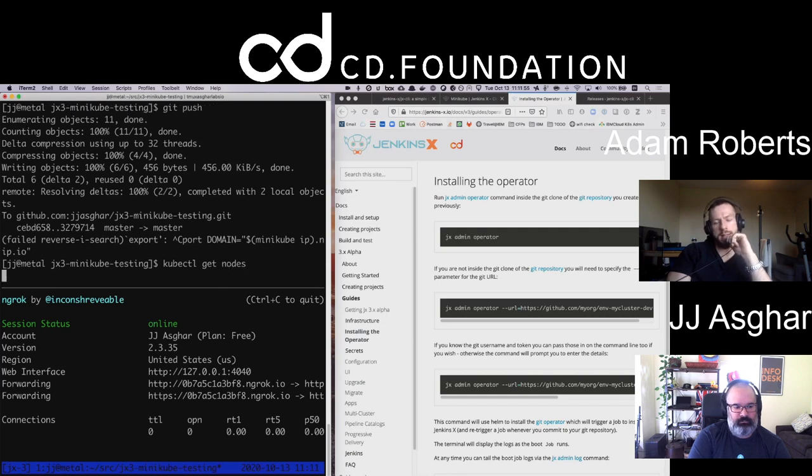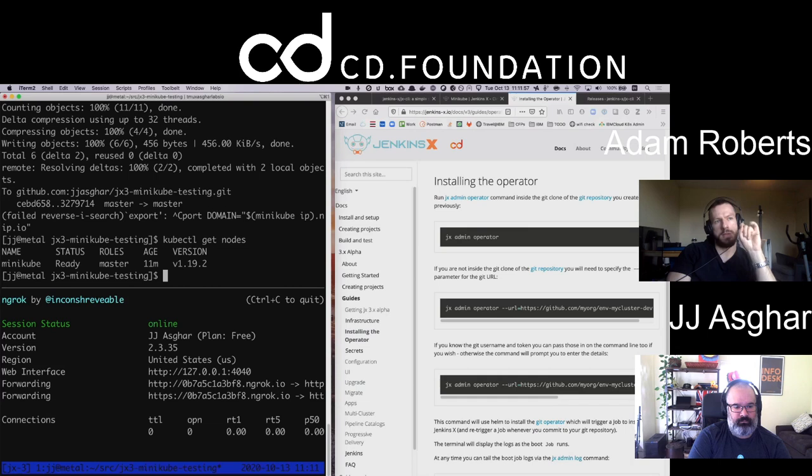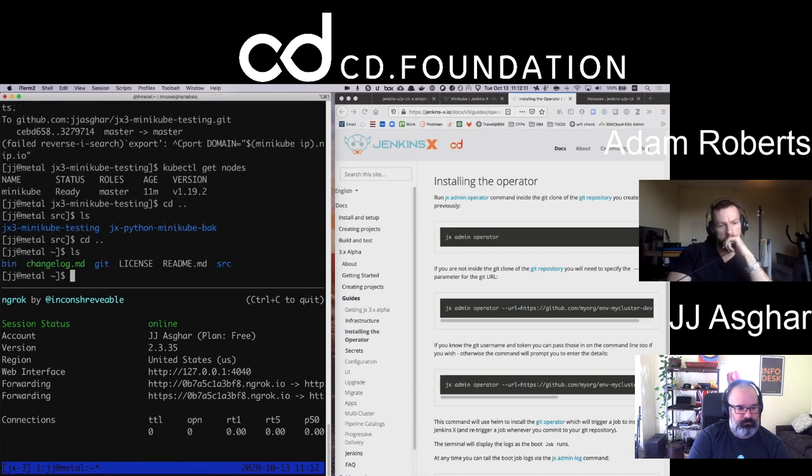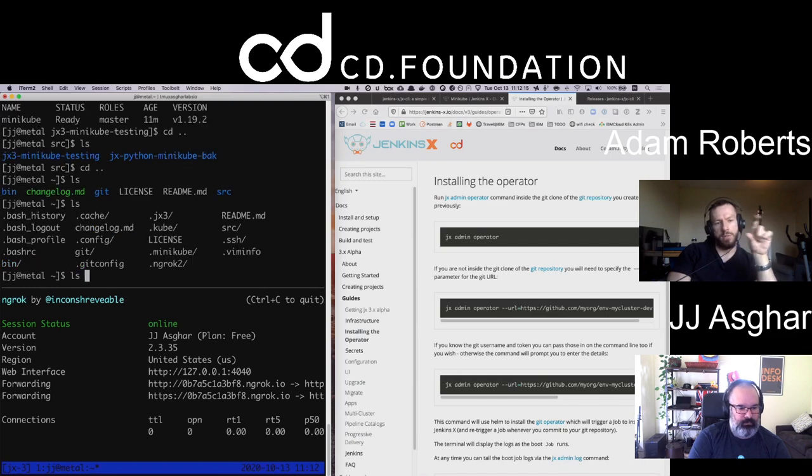Remember, we had to edit the file at $HOME/git and put your token in for the JX git operator to work. Did we? Oh, that's right. So you may still have that folder on disk, so you may be fine. Is that your home/git?